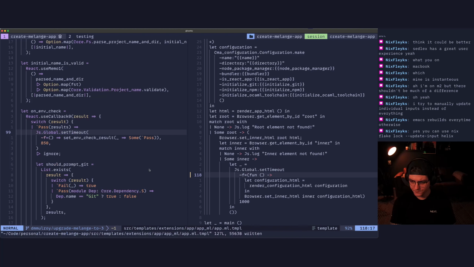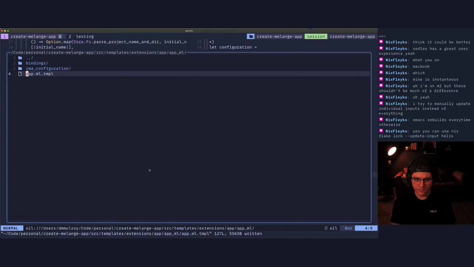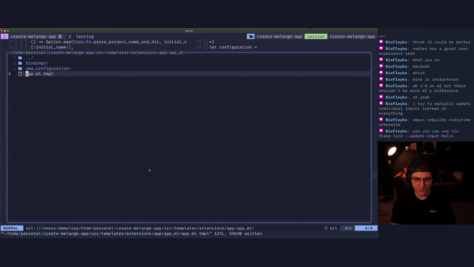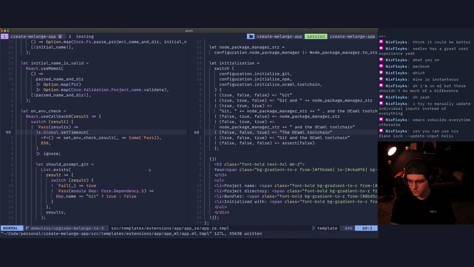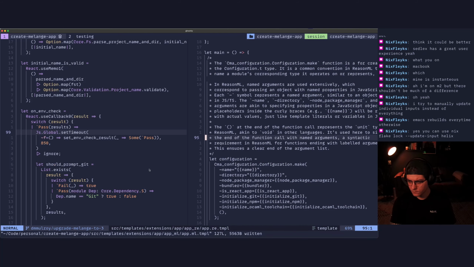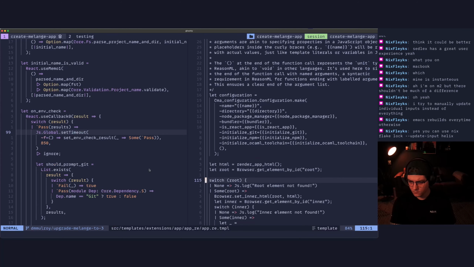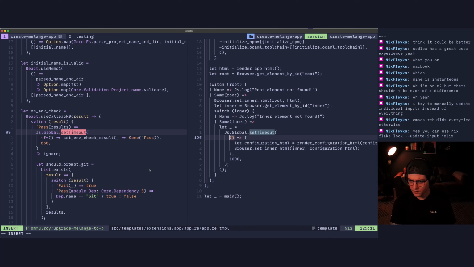All right, that looks good. Then we'll have to do that in, what file is this? app.ml. This will be tilde f equals